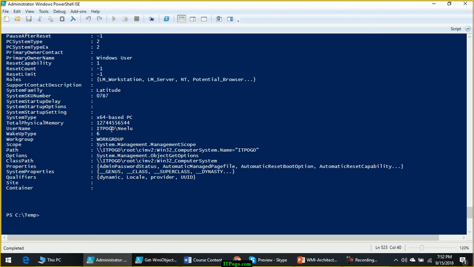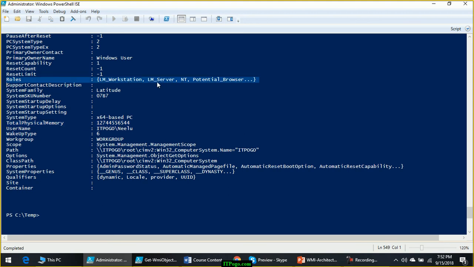Here it will also give you details about the RAM, total physical memory. What are the roles? It is a workstation role.